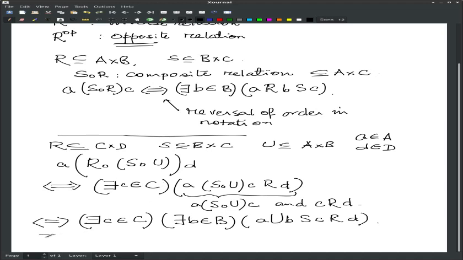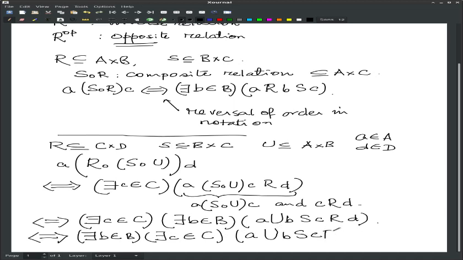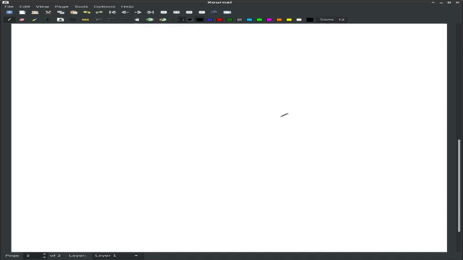So this therefore is equivalent to saying both are there exists, so it doesn't matter which one you choose first. It means that there exists a B in B and there exists a C in C, such that the same thing is happening: A U B, B S C, C R D. Okay? So therefore,